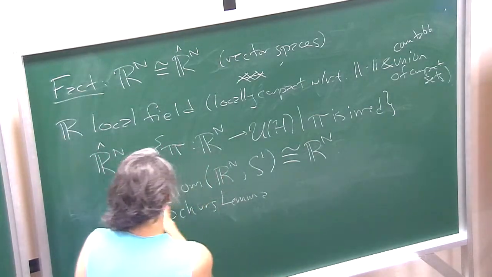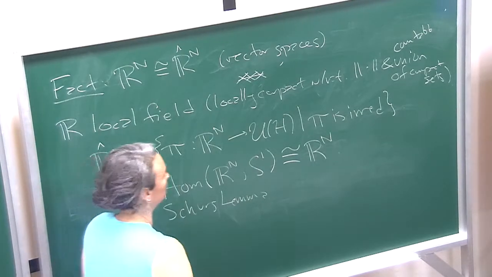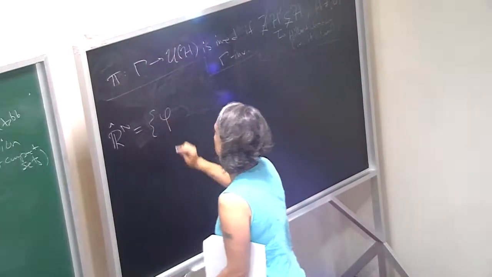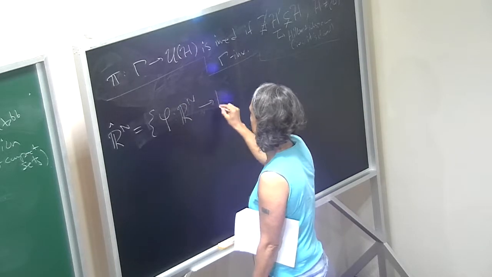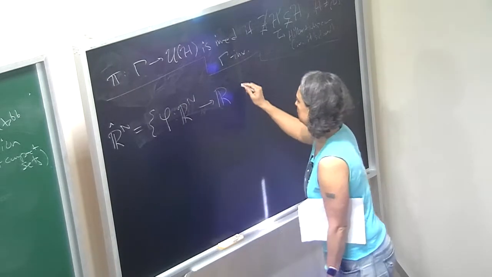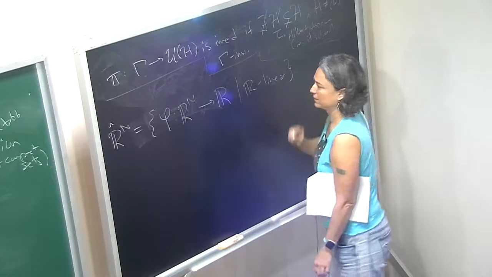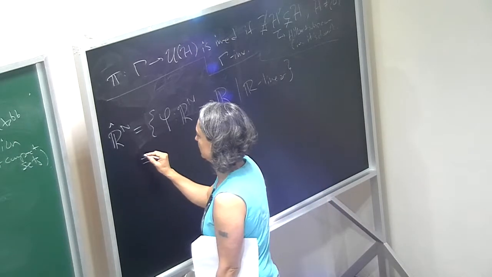I'm going to take this as another isomorphism. And then Rn dual is going to be the linear functionals from Rn to R. So linear. Okay, so you can work out pretty quickly that this is isomorphic to